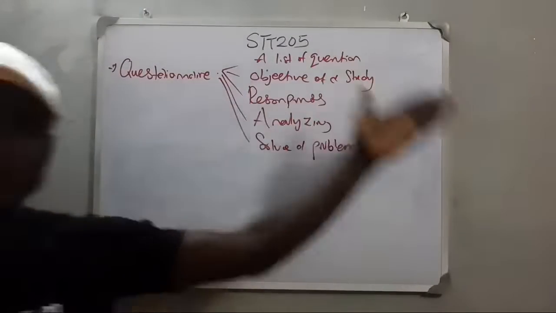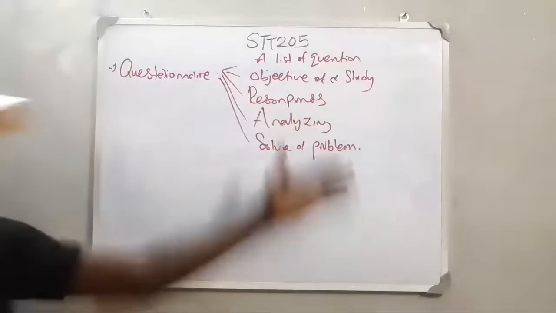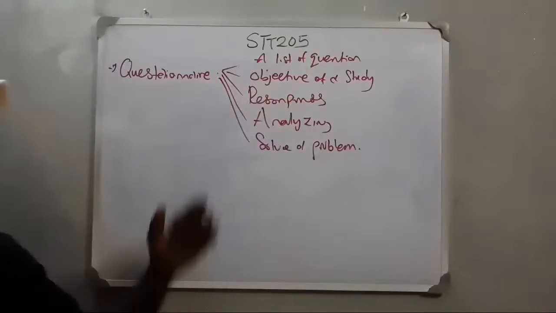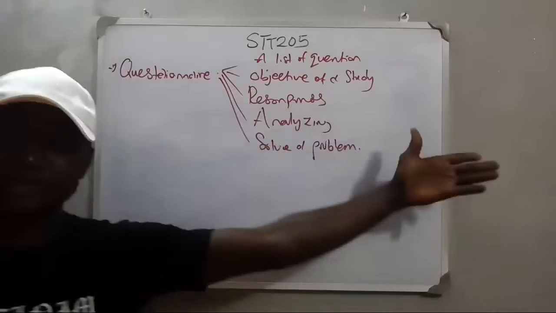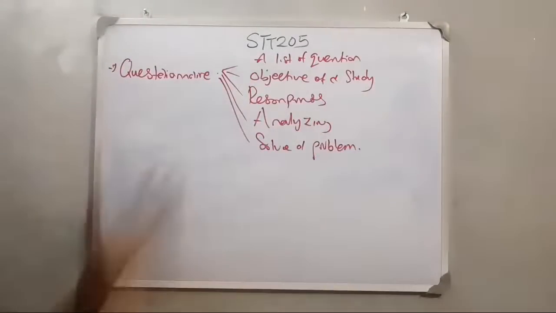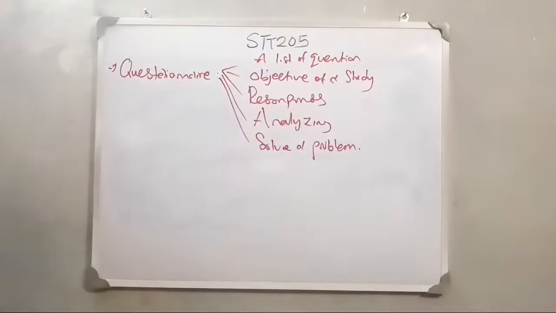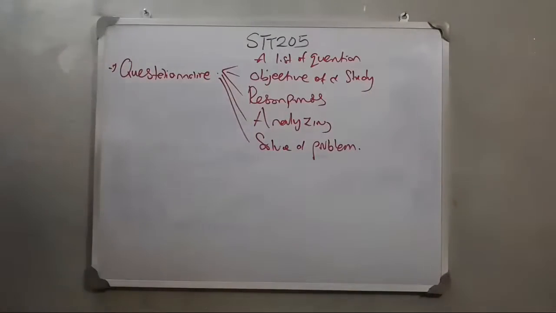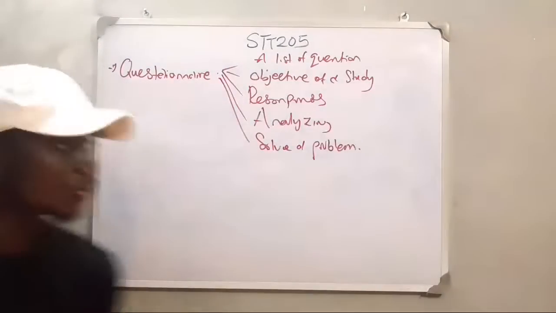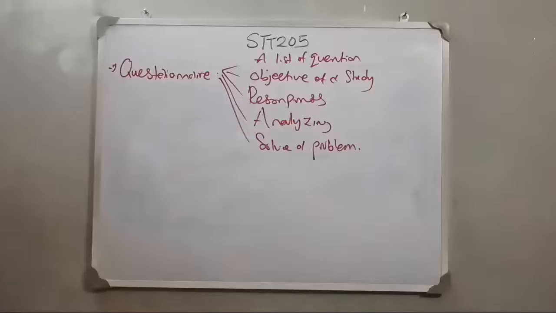So the questionnaire is being given out to respondents. The questionnaire is always with a purpose. There's a purpose in the heart of the researcher to be worked upon, and we have the responses, which come from the respondents. After these responses are gotten back, the questionnaire is received back by the person conducting the research. This information is analyzed and used to cushion the process of solving the intended problem.